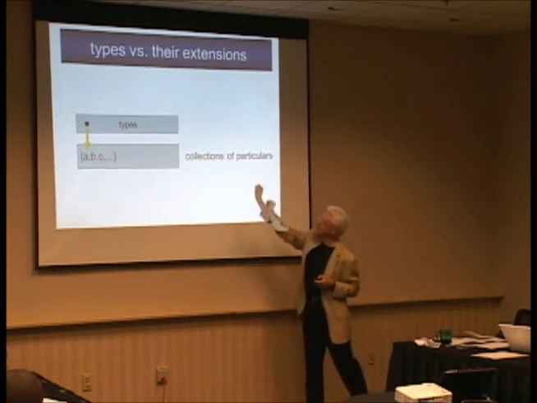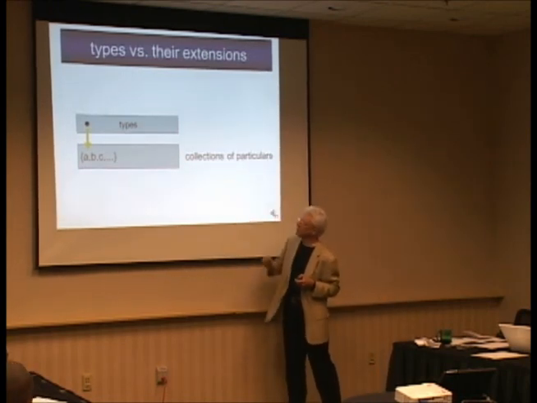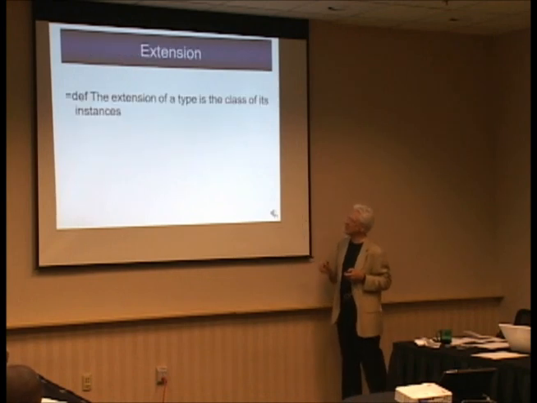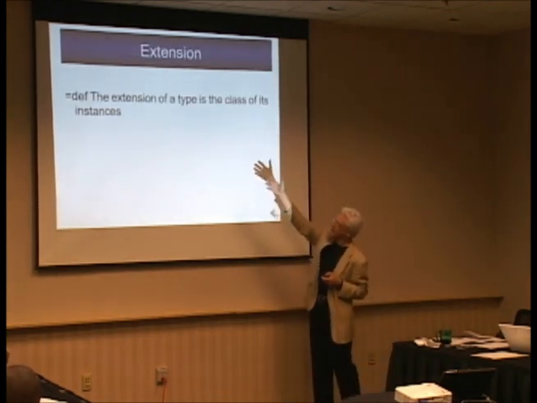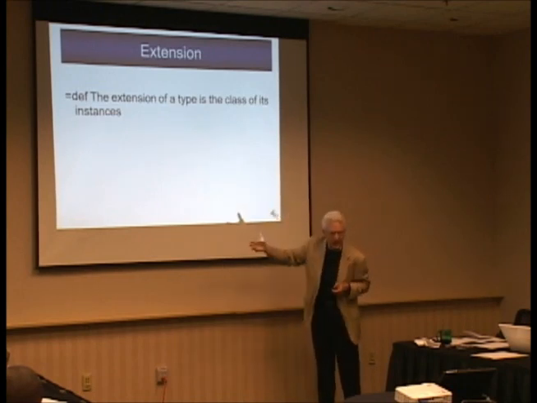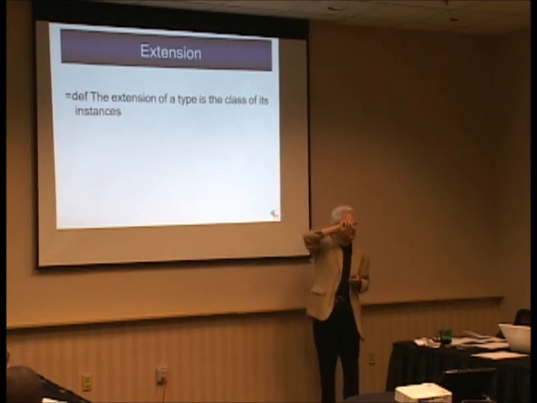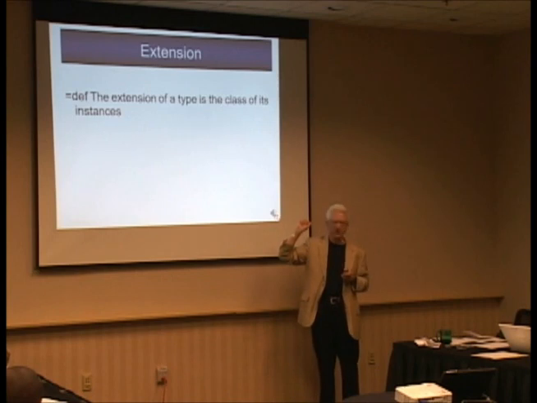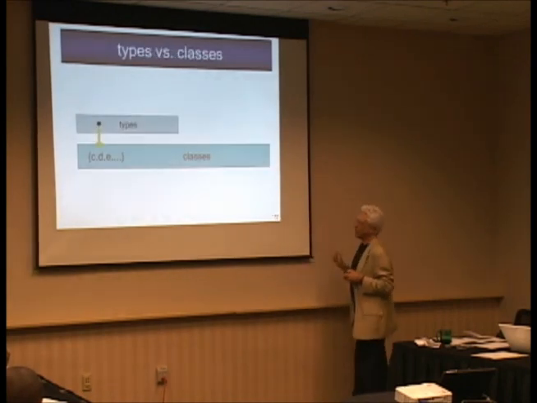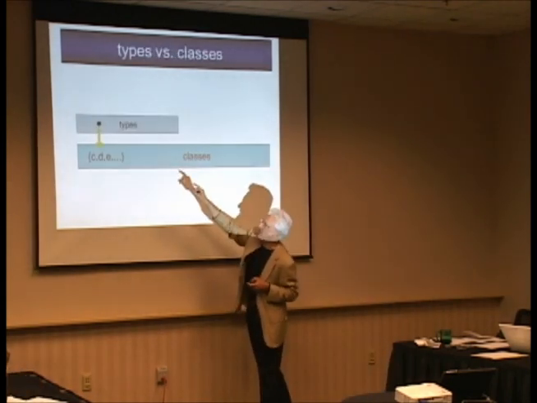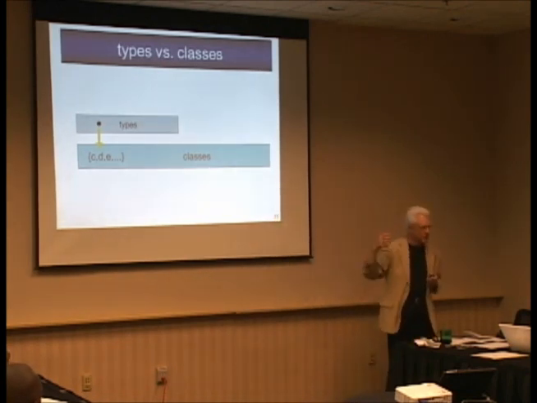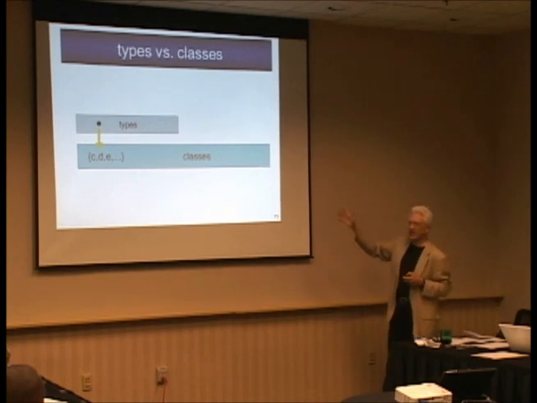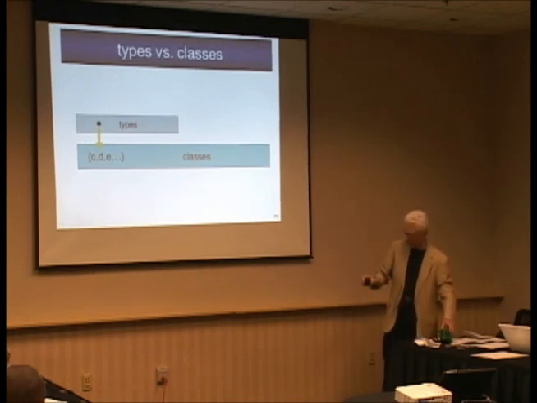So we have types, and we have collections of particulars, the instances of those types. And the standard term for the collection of particulars of a given type is called the extension of the type. So there are some classes which are extensions of types: the class of all viruses, the class of all people, the class of all tables, the class of all coffees, and so on. Then there are other classes, for instance, the class made up of this,